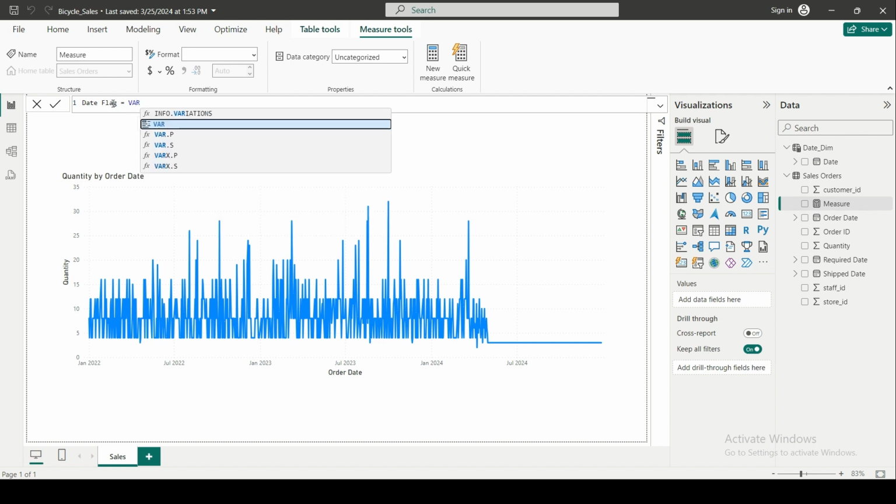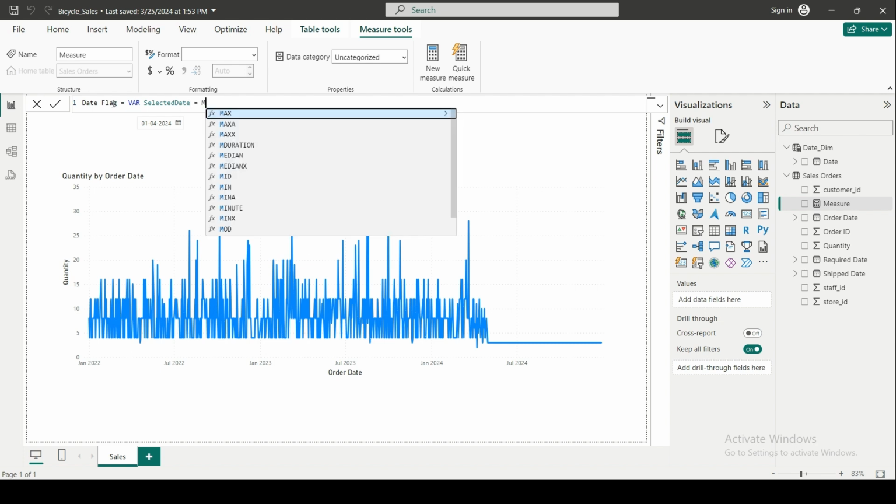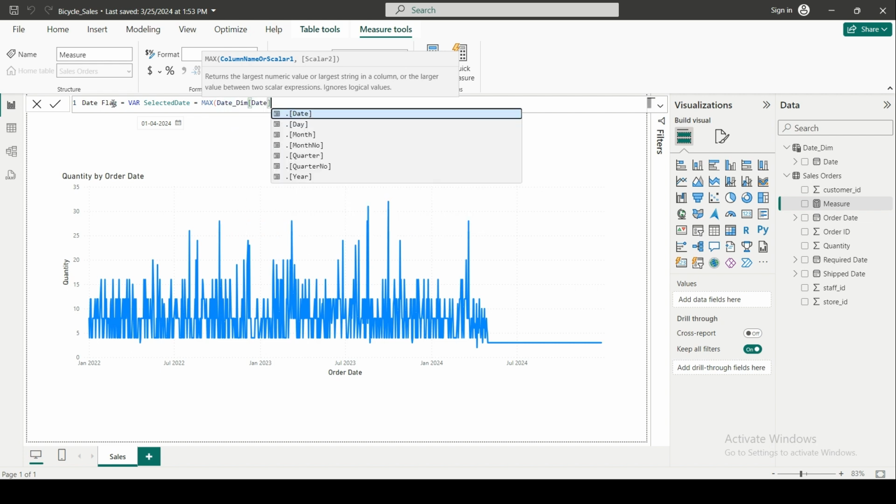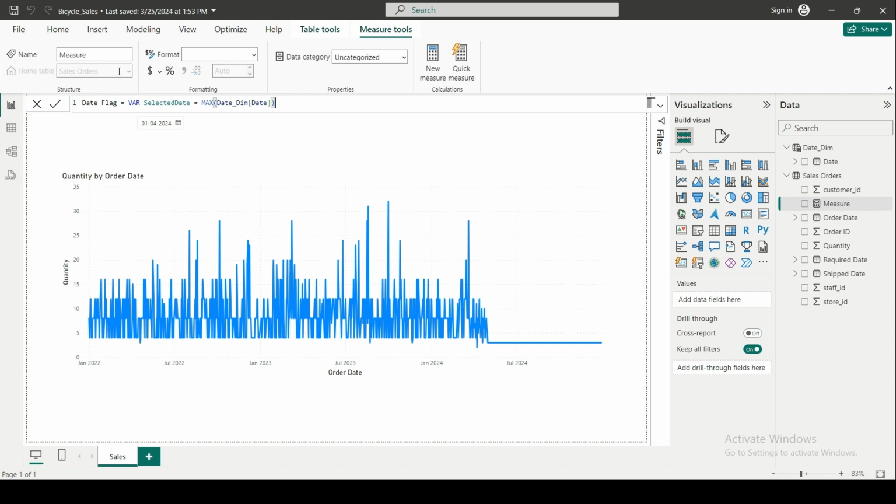So I'm going to use a variable and call it selected date. It is max of date, name of date. So this variable captures the data from whatever the user selects, that is getting captured